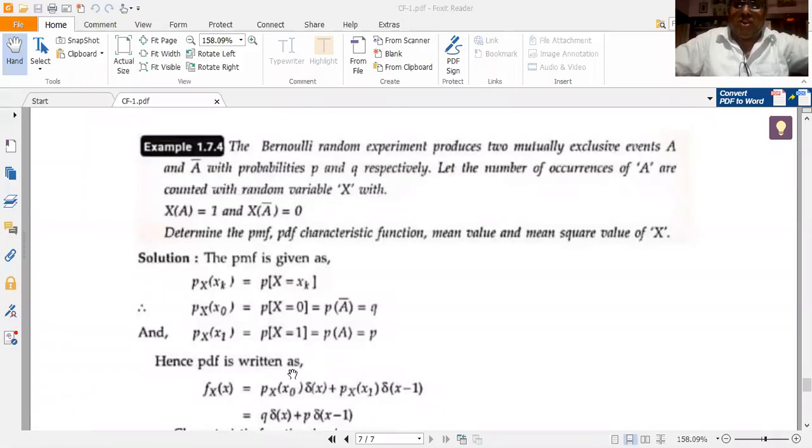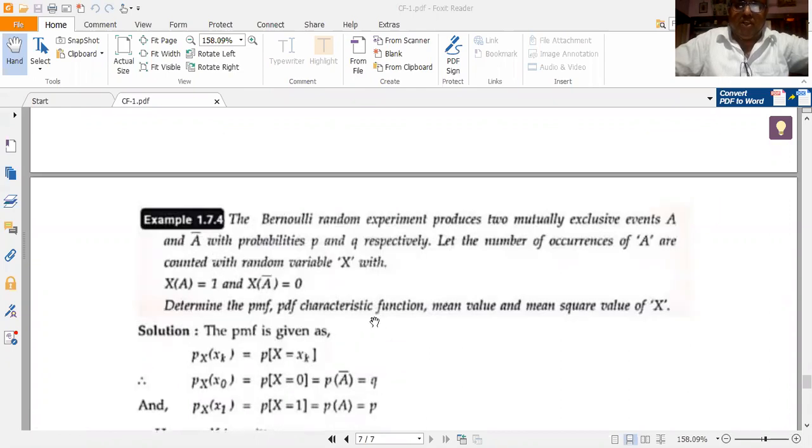Continuing on with our video lecture on computing the characteristic function, CF. Today we shall consider another problem based on the computation of the CF of a Bernoulli discrete distribution. The Bernoulli discrete distribution is one of the most basic distributions. The binomial distribution is basically an extension of the Bernoulli distribution. It's one of the elementary discrete distributions on which all other high-end discrete distributions are based.